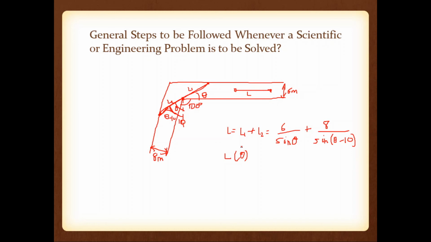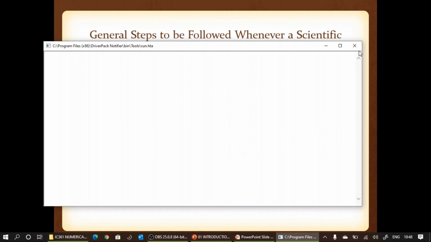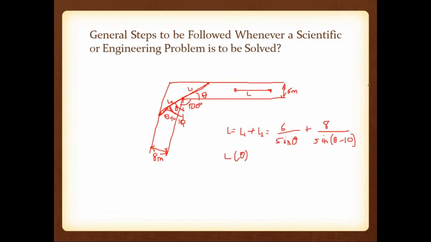And we need some assumptions also. What is the assumption that we made? The assumption is that vertical movement or tilting is not possible. We are bringing that ladder horizontally. So that is the first step, stating the engineering problem clearly with proper assumptions. And what is the second step? The engineering problem is converted to a mathematical problem. A mathematical function is derived from that engineering problem. That is the second step.